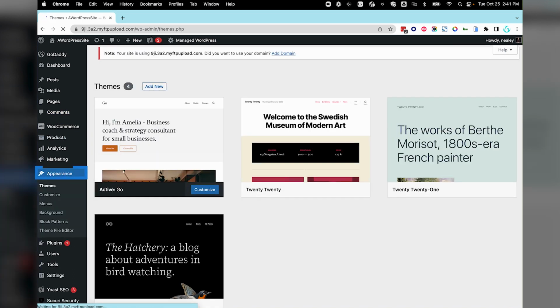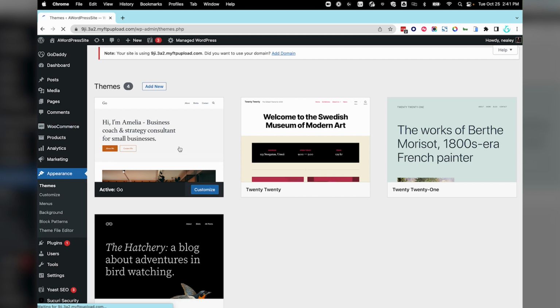The Appearance section contains a sub-menu of screens pertaining to appearance and usability of your site. We're going to take a little deeper dive into this section. Let's start with Themes. This screen is where you can upload, activate, or remove themes for your WordPress site. The theme determines your WordPress site's style, features, and functionality.